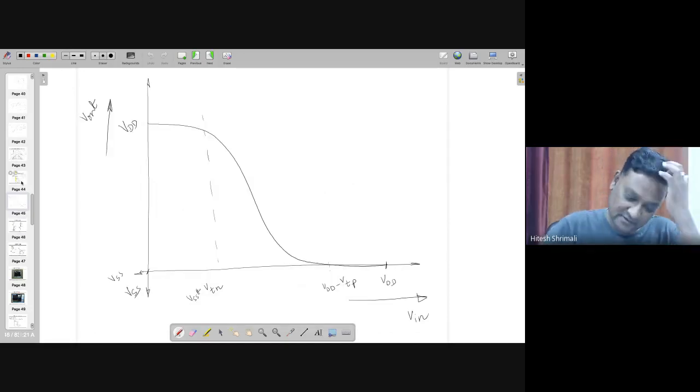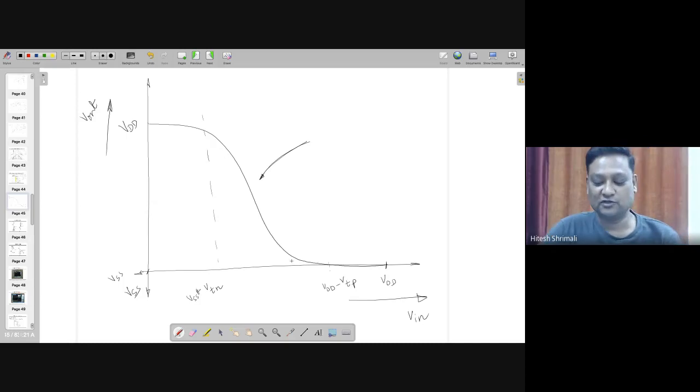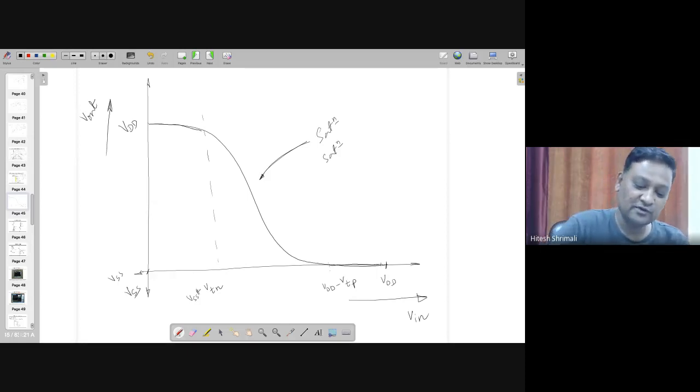So as we already got some question here, we don't want to keep our transistor in this domain, although we cannot avoid it. Look, it will be there, right? Both will be in saturation. That is not our desired thing. We want that it is either VDD or ground, because we want to identify logic 1 and logic 0. So in this region, PMOS acts like a resistance, or it's in the triode region, and NMOS is in cutoff.